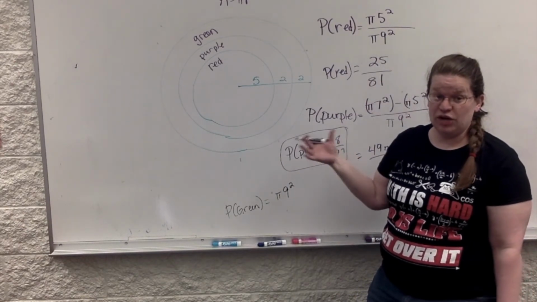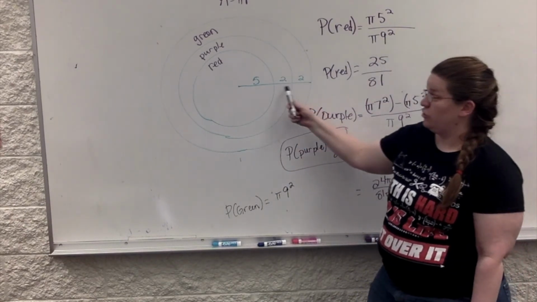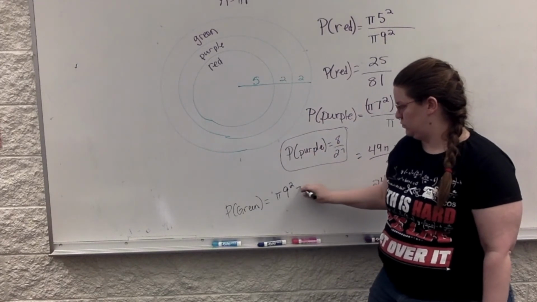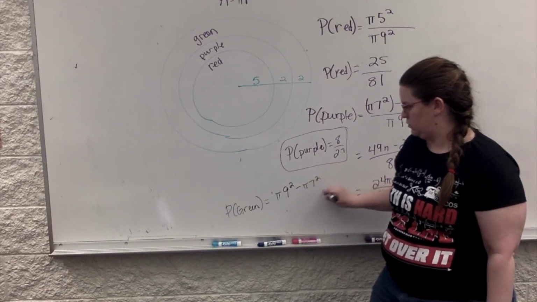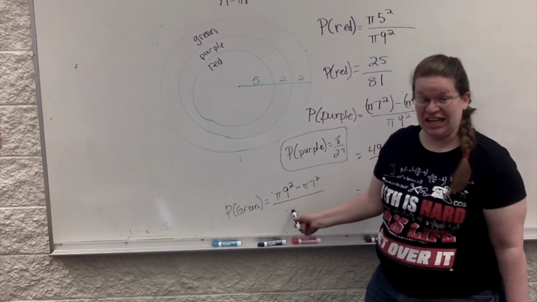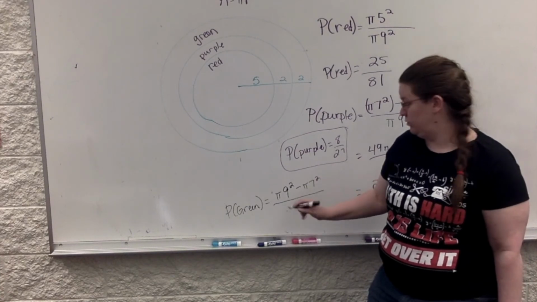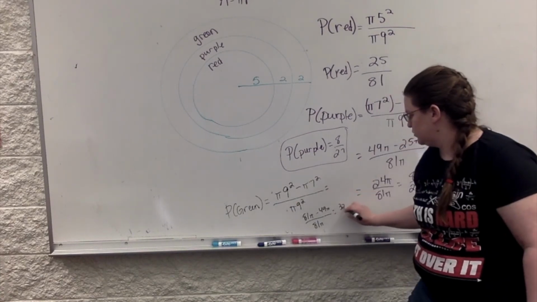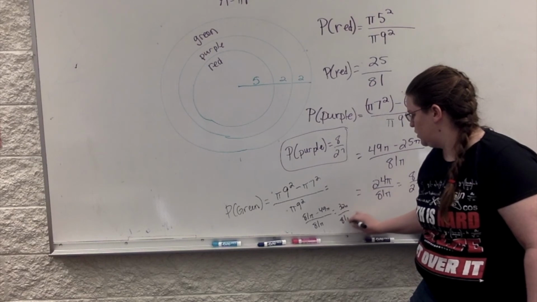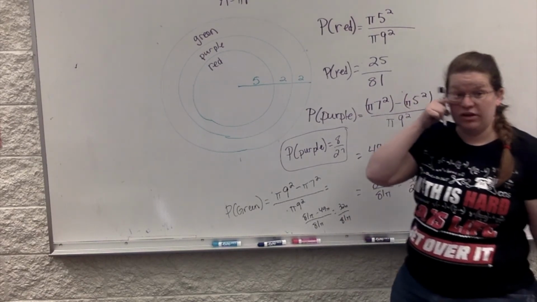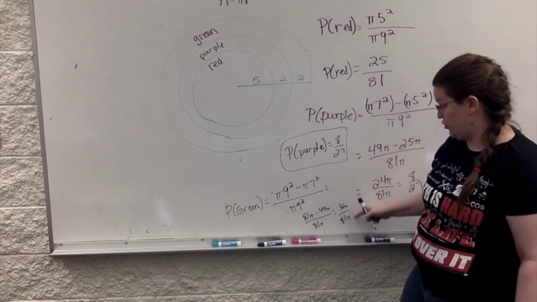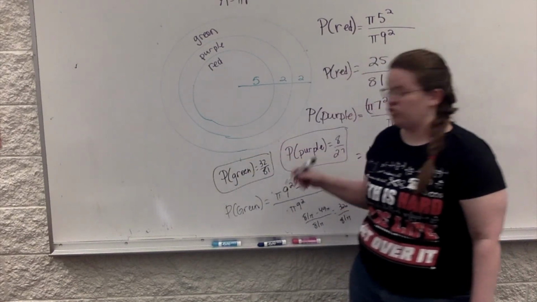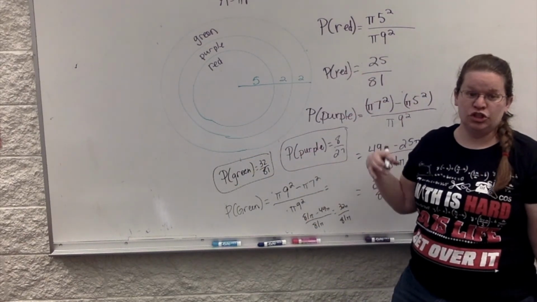The green ring has that radius of 9. We do need to subtract everything that's inside of that. So that's 7. And then it's over that 9 squared with the pi. The pi's will cancel, and you're going to get 32 over 81. So the probability of reaching in and choosing something at random and getting